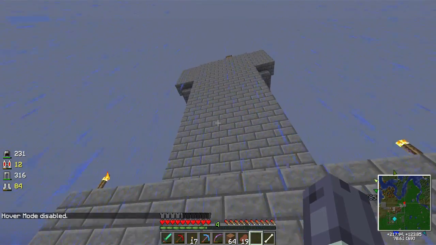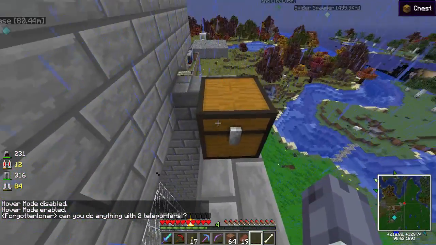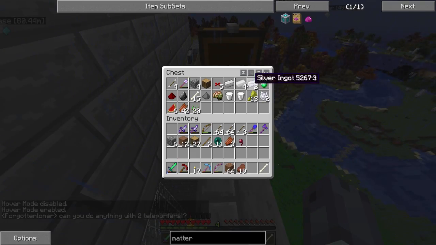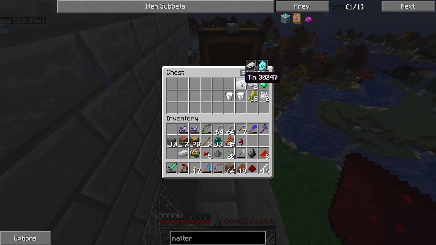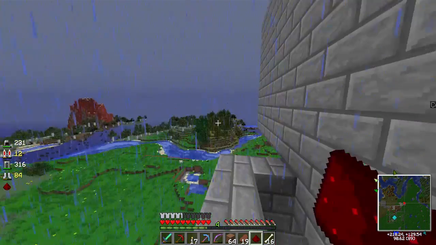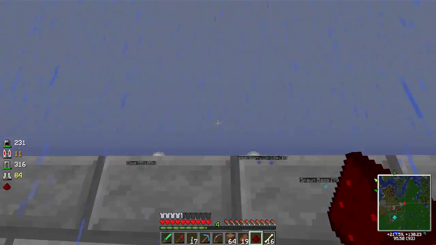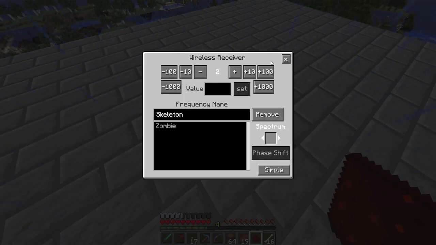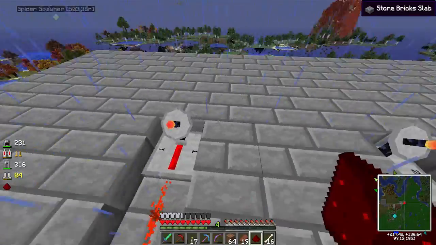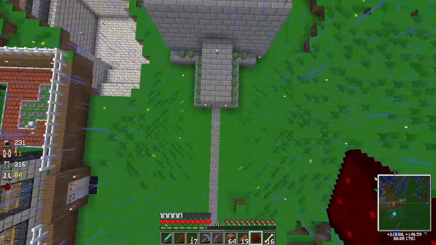If we fly up, my chest is still here. Oh goodness. Wow, I should really take all this stuff back. Oh wow, I have emeralds. Oh yeah, I remember, I got some stuff from a village. So here's my stuff, and inside here are our soul shards. Here are the wireless receivers, with the frequency. This is really easy to set up. And then if we go down here,